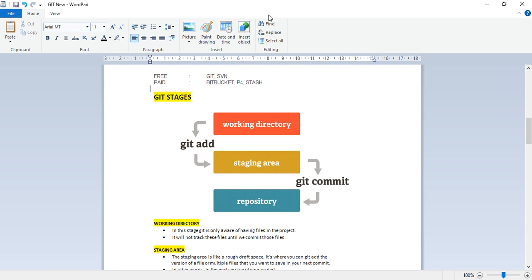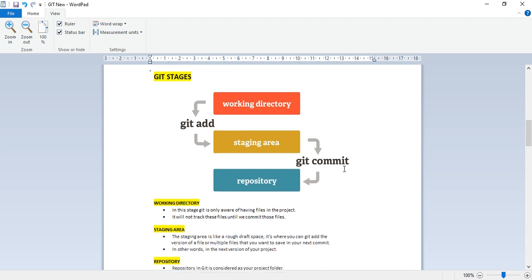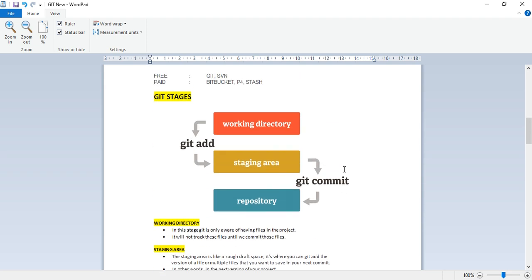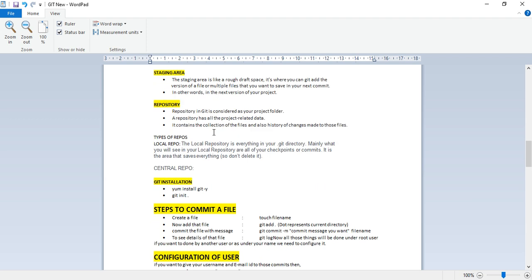Whenever I want to move any file from the working directory to the staging area, I can do it by using the command git add. What is the staging area? The staging area is a rough space where I can track the file. So in the staging area, if I want to save the file, just by pressing git commit, it will automatically be saved. Okay, and